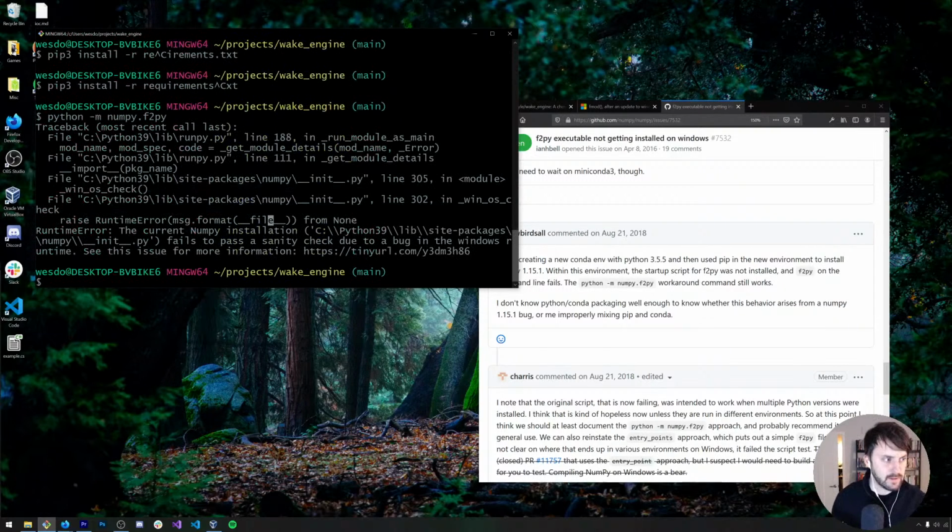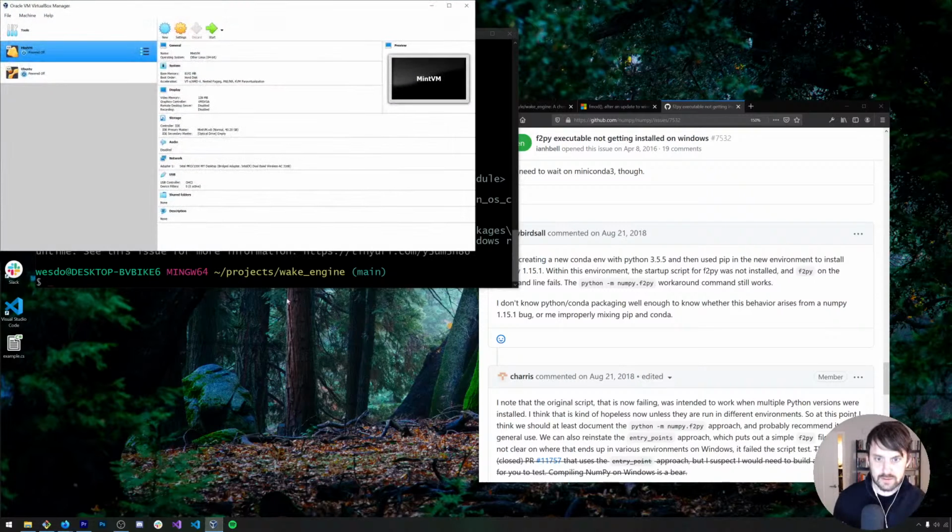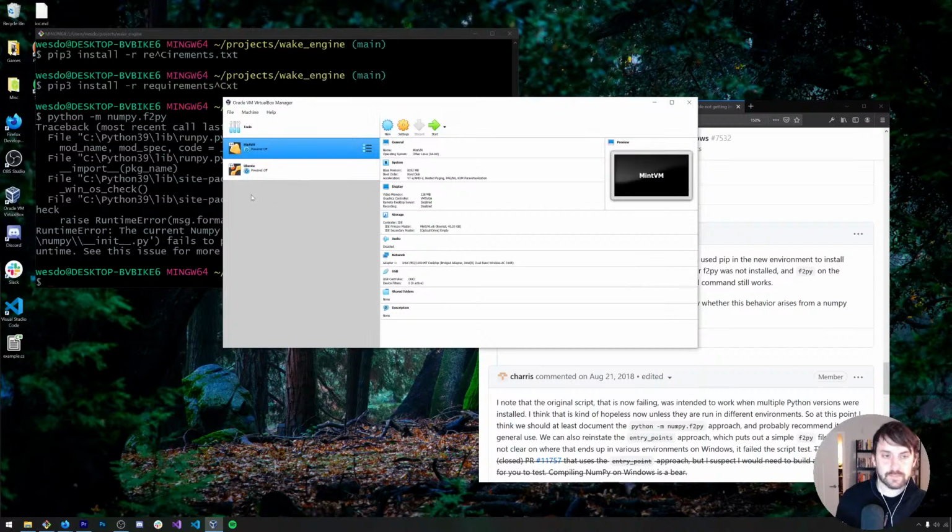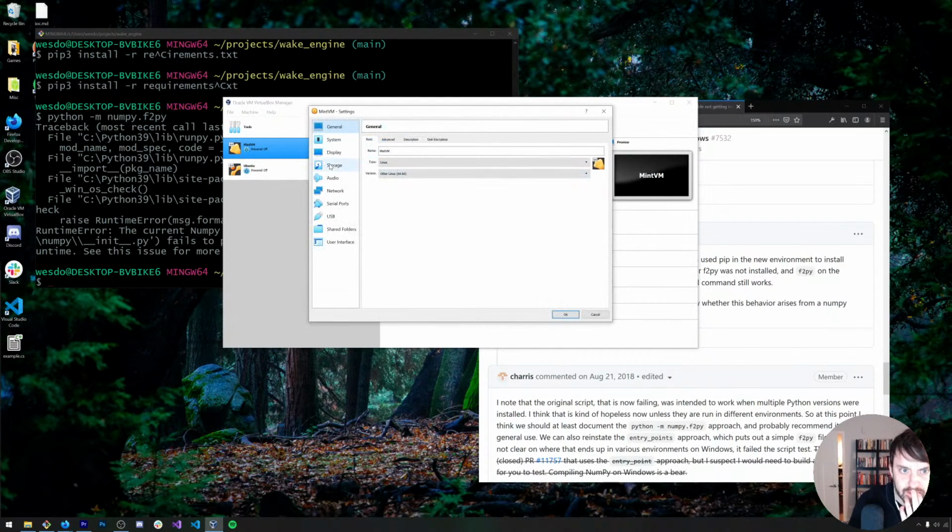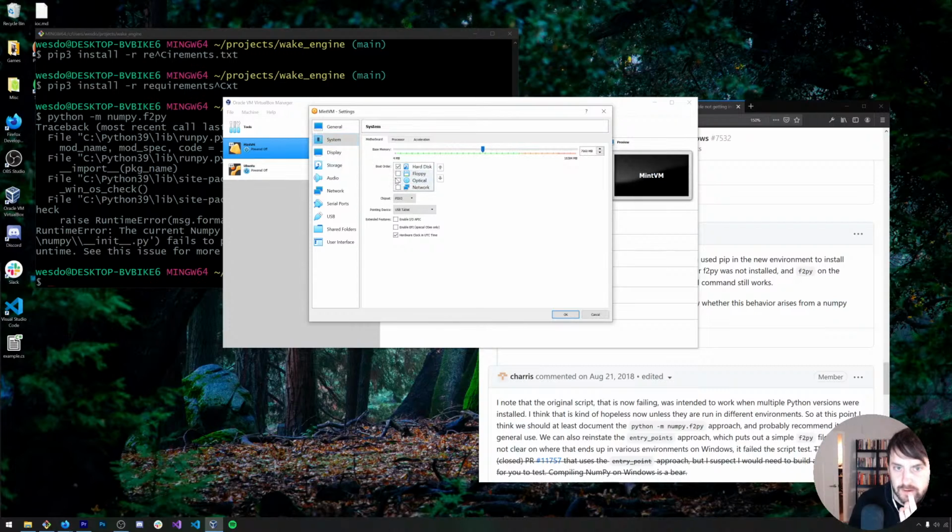Wow, okay, well, numpy is causing me to struggle. Apologies for all the issues here. So what do we do to break Mint as well? Oh, probably because I turned off optical and floppy drives. Is that it?